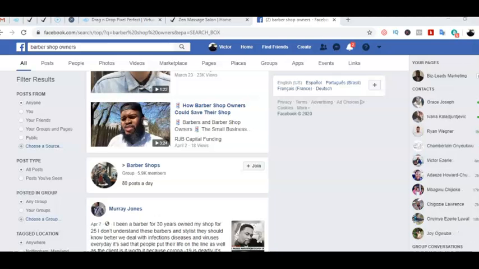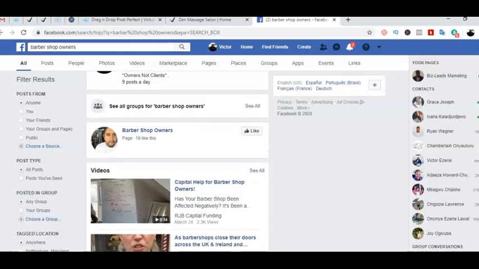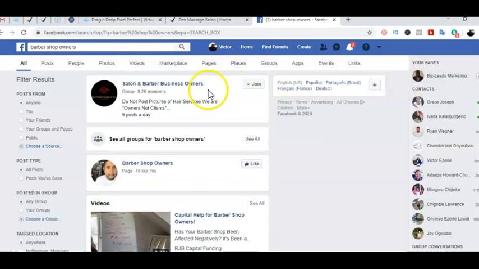Okay, now that you have rebranded your Facebook profile and you have been approved on some of the groups you join, then it is time to start posting on those groups. And this is what you will be posting. Say for instance, we joined one of these barber groups. Let me say I joined this particular group and I got approved. So what will I be doing? Once I get approved in any of those groups I'll be joining, such as this one, then I'll be posting